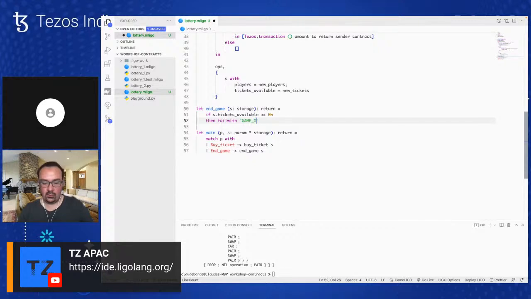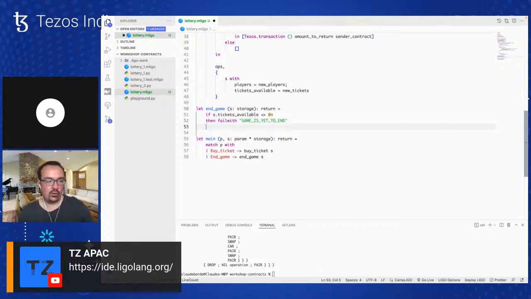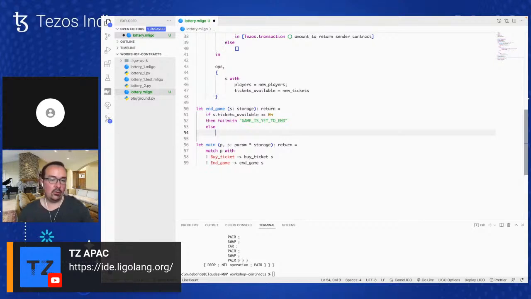Game is not over at the end. Okay. And if not, now we know that the number of tickets is 0. So then we can continue and proceed with the execution of this entry point. So first, we're going to pick a winner. So yeah, we're going to use something very simple to